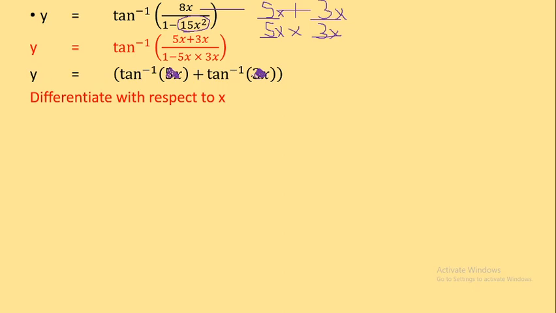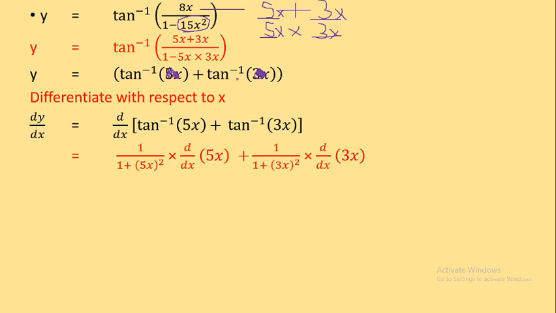But again you have to find out the derivative of that. So here it is 1 upon 1 plus x square. Instead of x you have 5x, so I have taken it here, 1 upon 1 plus 5x square, and derivative of 5x. Then whatever was there in the bracket, जे काही bracket मध्ये त्याचा परत एकदा derivative. Similarly here tan inverse of x derivative is 1 upon 1 plus x square, and the derivative of whatever was there in the bracket is done here. So next step, derivative of 5x is very simple, 5, of 3x is 3, and this is as it is.